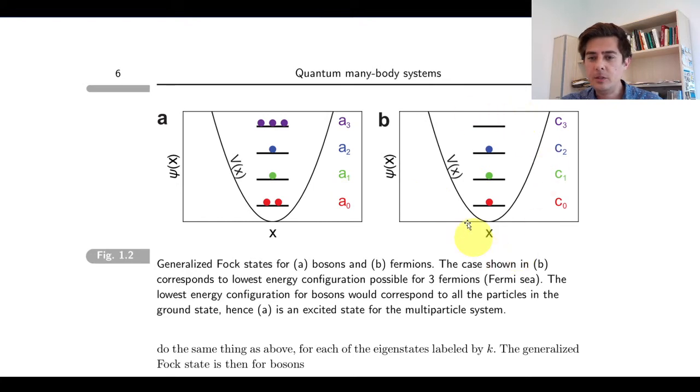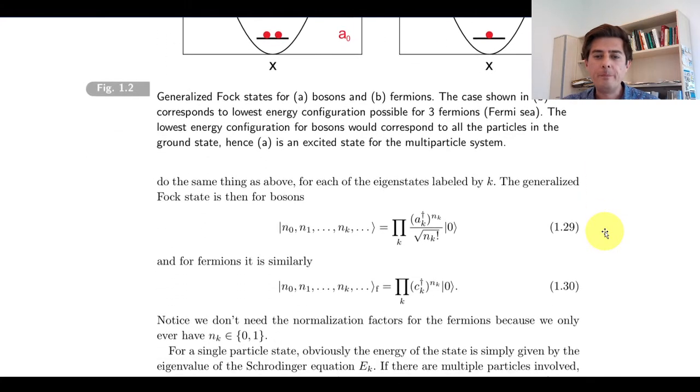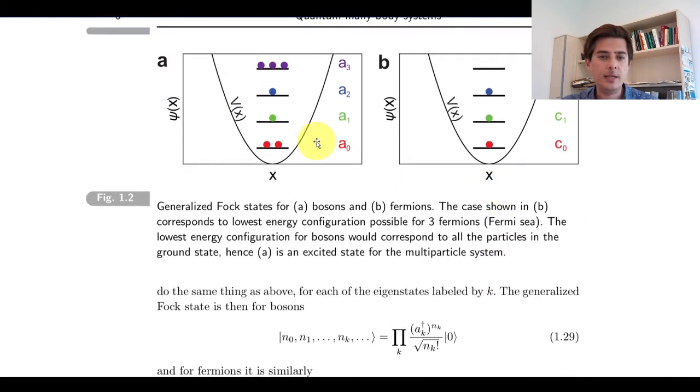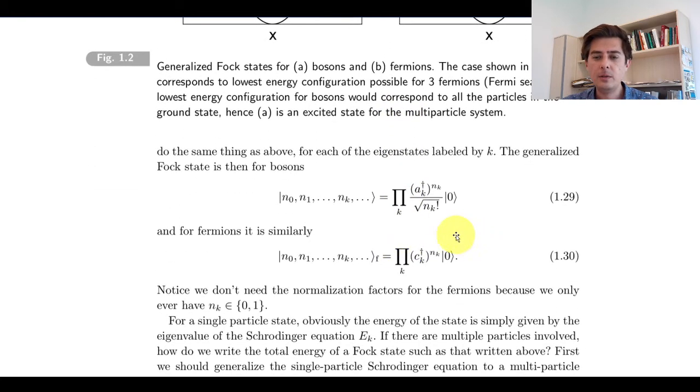This is the situation for bosons. For fermions, you cannot have this multiple occupancy. So instead, we have fermions, and they're in different states. In this sense, they're distinguishable, and they are occupying this particular configuration. So how do we write down such a state that I've pictured here in 1.2a? Well, you simply